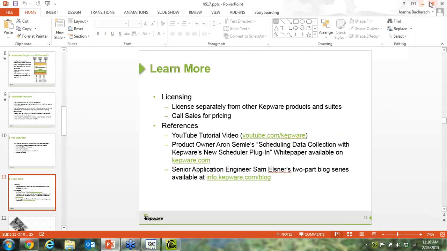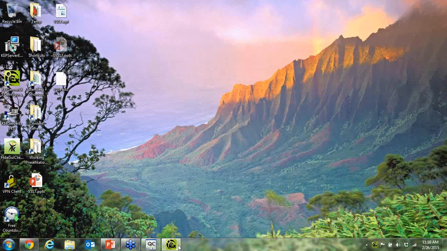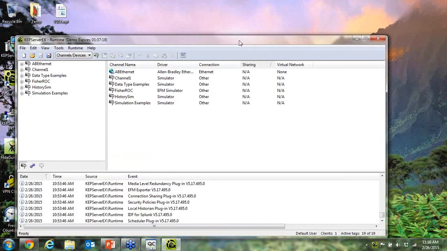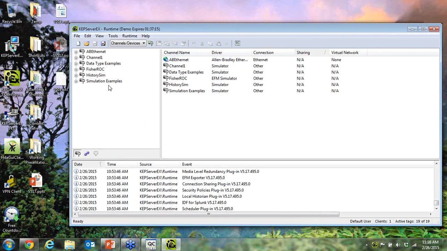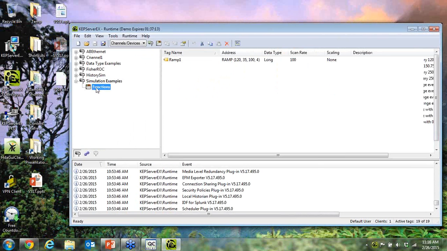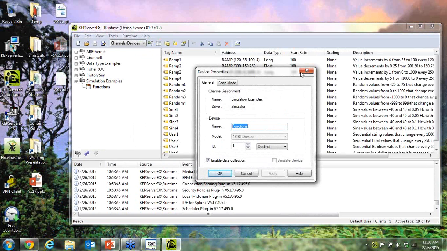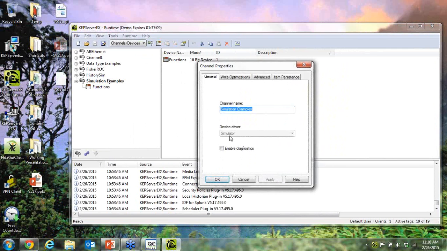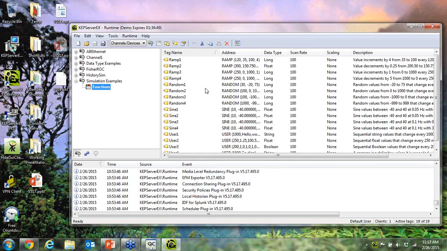Okay, so let's move on to the demo portion. I have KEPServerEX here preloaded with a project that I have going. I have some simulation tags here. I'm using our simulator device driver. This is a driver that comes with the server. If you don't install anything, if you just click next through the entire install, you'll only install what we call our simulator driver,